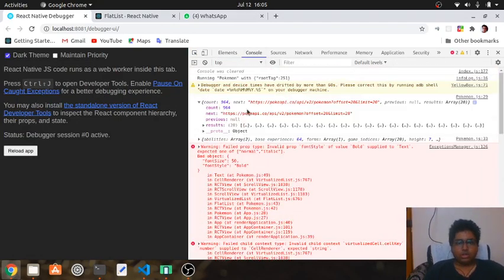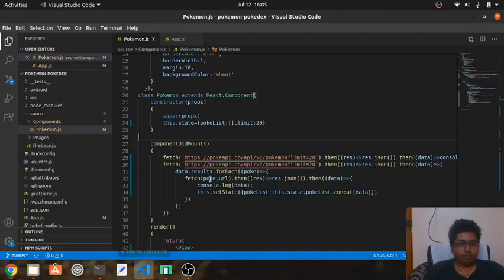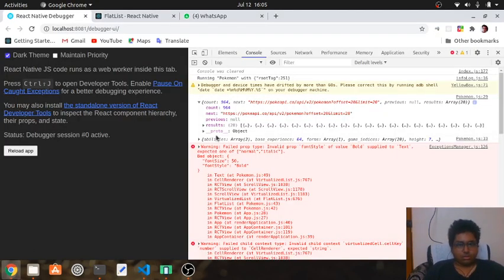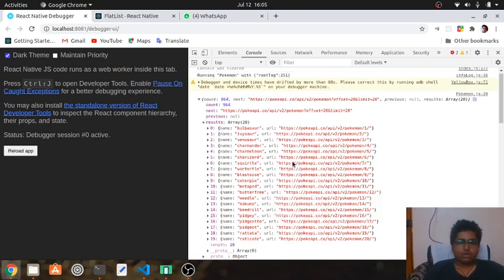So this is the object that I'm getting from Pokemon.js line number 29, and line number 29 is this fetch statement. As you can see, it returns a result. There are in total 964 Pokemons, so it's pointless to load all the Pokemons at a time. It's going to take a huge amount of time, so I've only taken 20 Pokemons at a time. So these are the 20 Pokemons that it's fetching at a time, as I put limit 20.